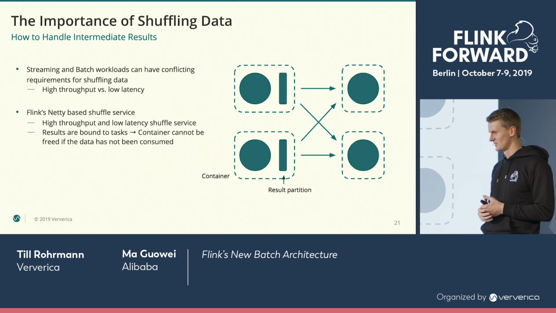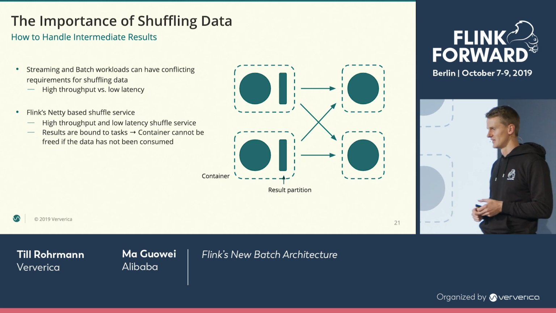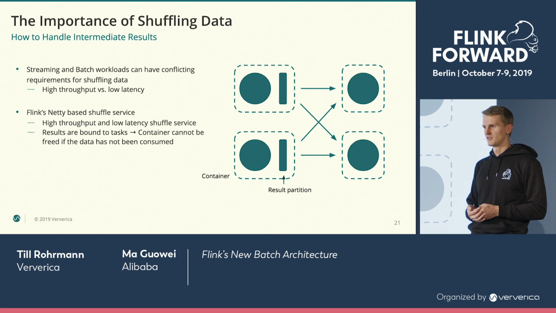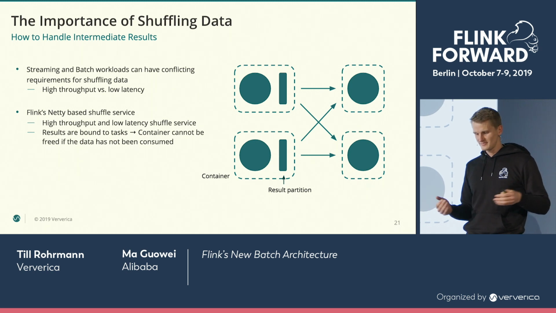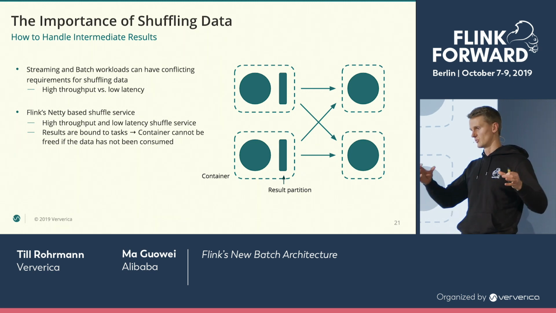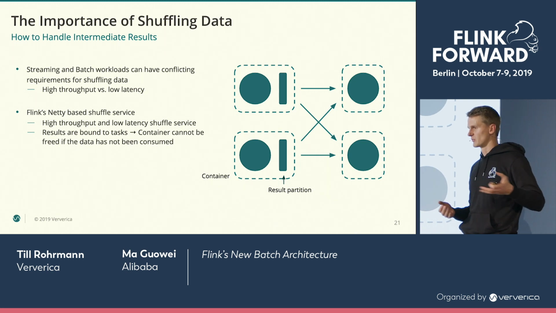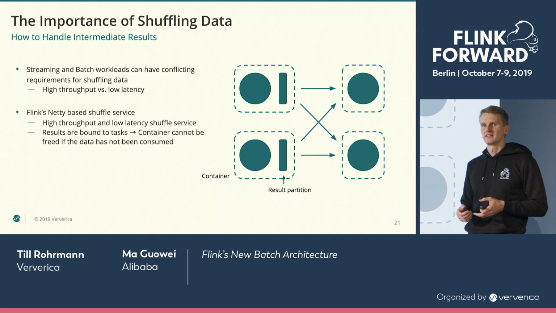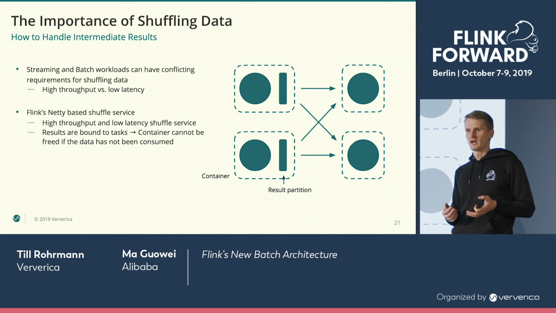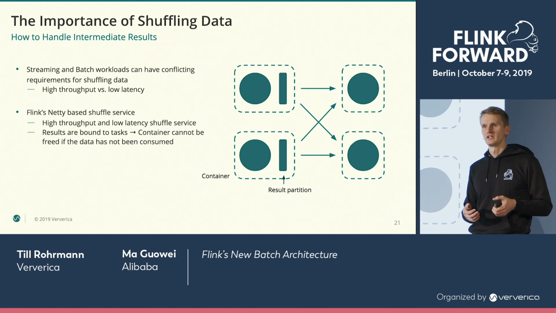All right, this brings me to the last thing I want to talk about, which is the shuffle service. For those of you who don't know what the shuffle service is for, it's the component in Flink responsible for sending data from producers to consumers. And depending on what kind of workload you're running, like a streaming or batch workload, there are different requirements for the shuffle service. A batch workload usually requires high throughput, whereas a streaming job is more interested in low latency